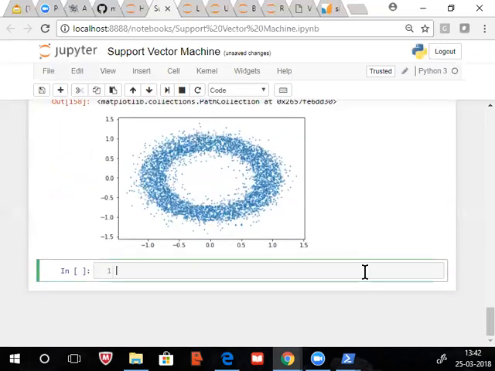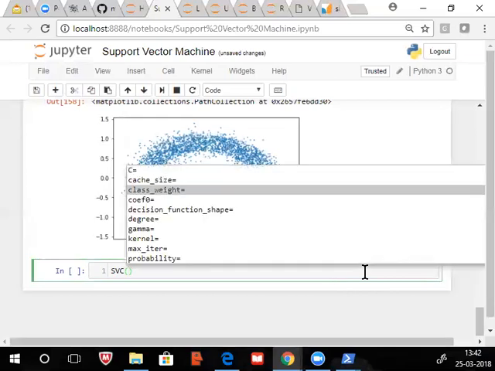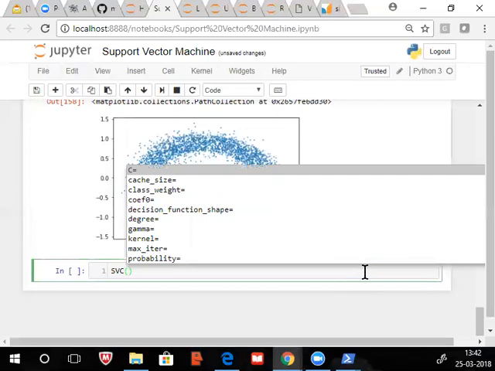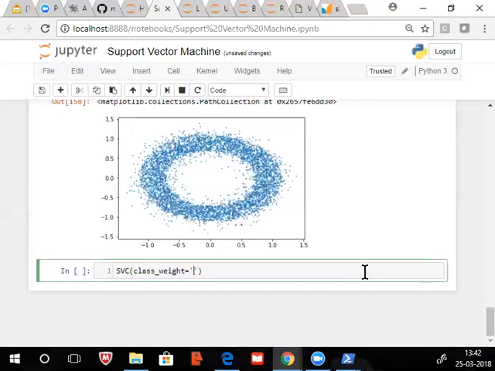So here, when you do this SVC, you get an option, class weight. You can write balanced. Okay, so when you do so, what you're telling here is